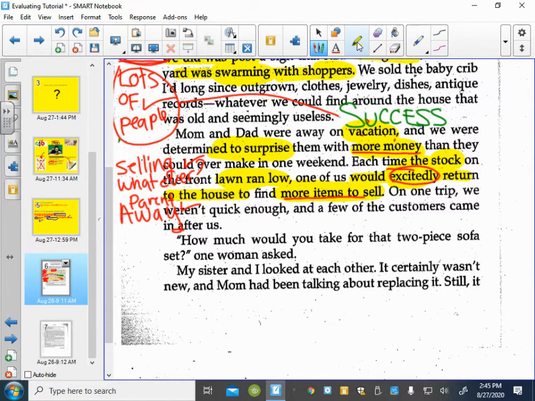And based on the fact that they just want to surprise them with money, all those details again, it looks like they're willing to sell anything if people buy it. The other judgment here is the parents are away, so they're not being supervised, and they just want to surprise their parents with money. So my final judgment is Eva saying the outcome